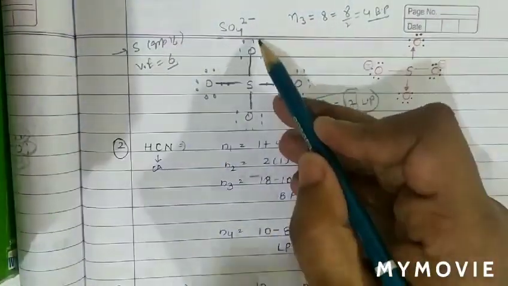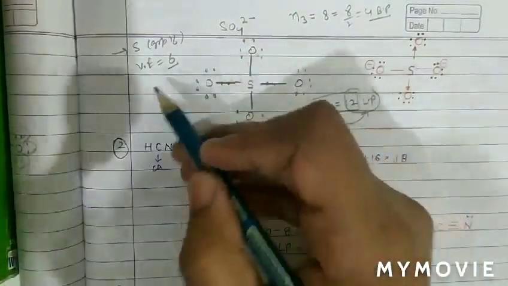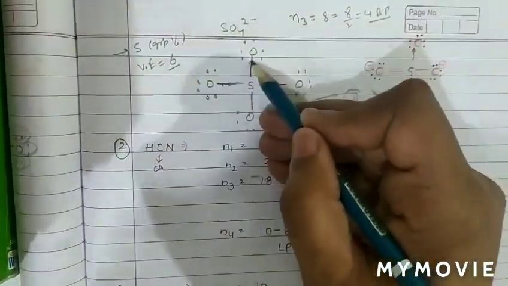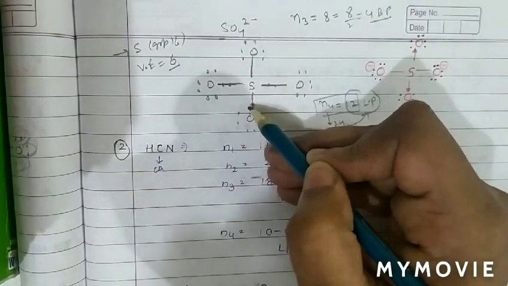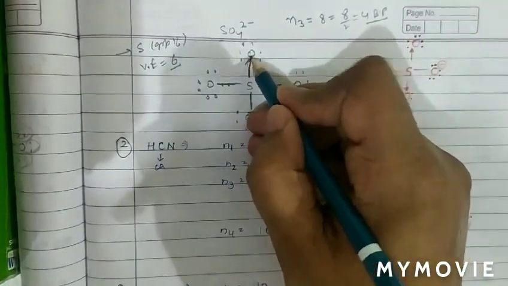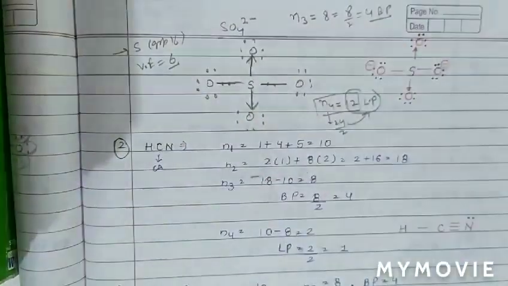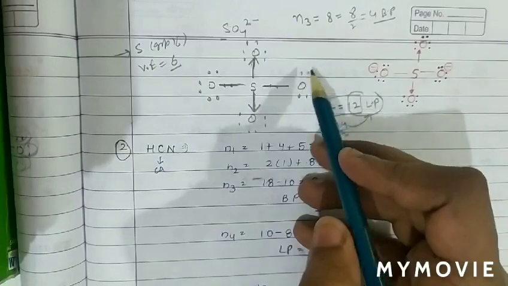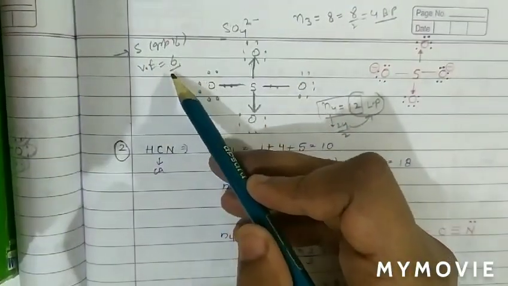As the molecular arrangement is identical, there is a deficiency of 2 bonds. The valence electron count is 6, but sulfur is forming 4 bonds, therefore there is a deficiency of 2 bonds. So simply draw 2 coordinate bonds, which may be this one or this one. Anyone you may select.